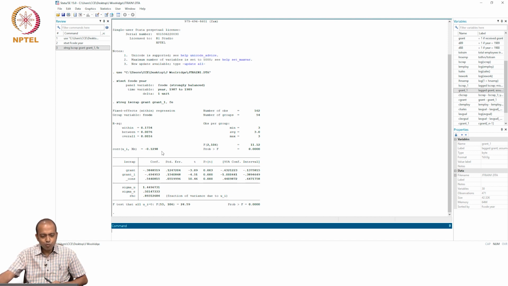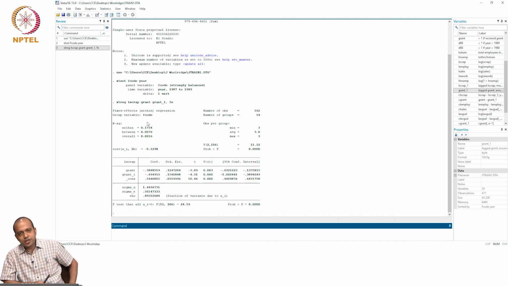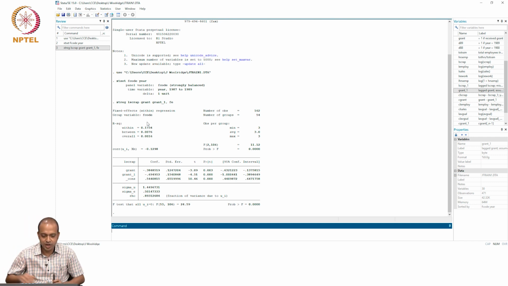But then in this model, if you look, there are 3 R squares. So far, whatever model we have estimated, we used to have only 1 R square, one goodness of fit measure. But this is the first time we are getting 3 R squares in a model after estimation. So, how will you estimate those 3 R squares, and what is actually the meaning of those 3 R squares?